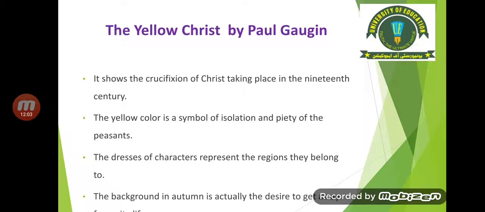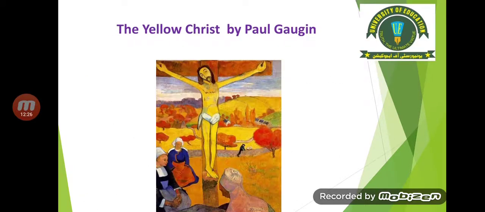The yellow color is a symbol of isolation and pity of the peasants. The dresses of characters represents the regions they belong to. The background in autumn is actually the desire to get away. As you can see in this painting, yellow color has been intentionally placed for the representation of